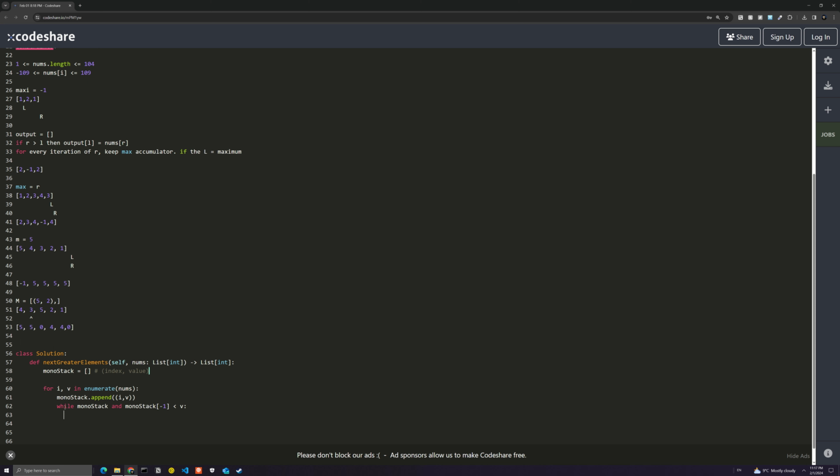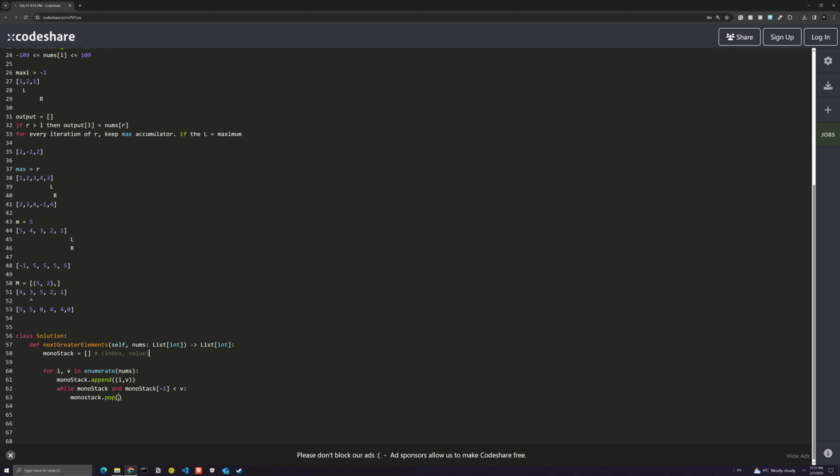So maybe while monostack and monostack[-1], we're going to do monostack.pop, and basically pop the value, and then we want to add it to our results array, or our result over here. So go ahead and do that. We'll have the results array over here, return res, and then we'll have latest equals monostack.pop, and then from here, or I guess like index latest